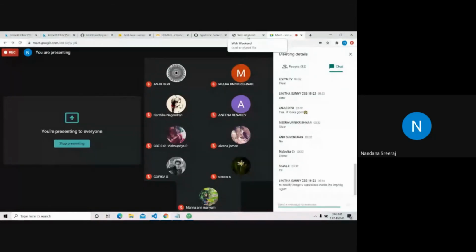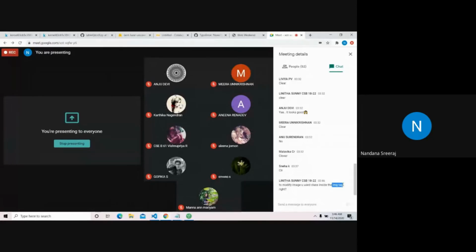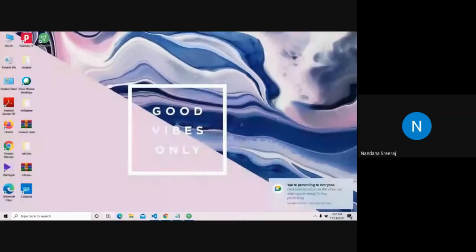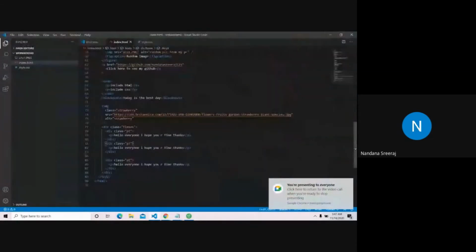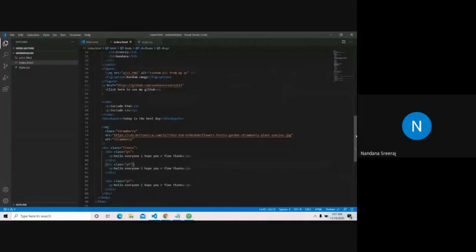No doubt. To modify the image, you use a class in the image tag. You can give a class inside the image tag. I use that because if I do the other way, if I enclose the image in a div tag, it won't work the way I want. You can give classes to a div tag, to paragraph tags, to an h1 tag, to anything you want.